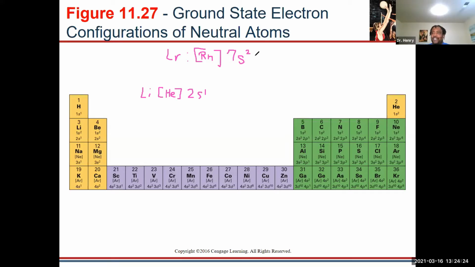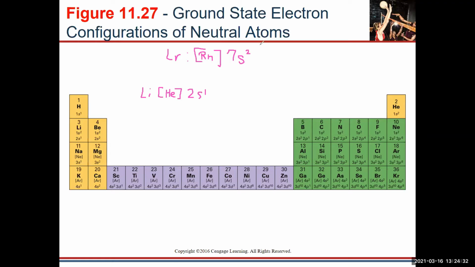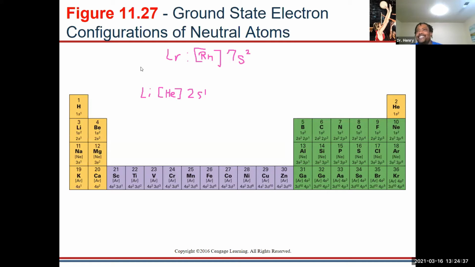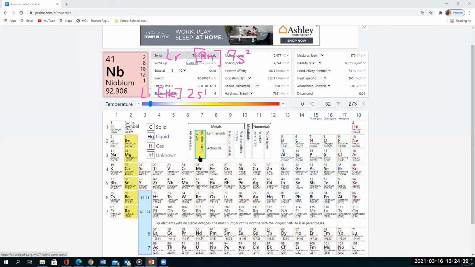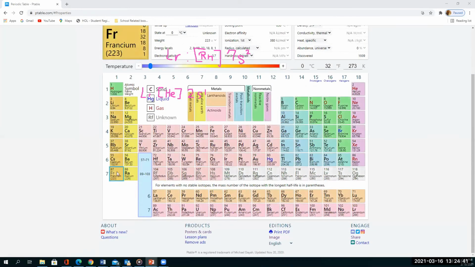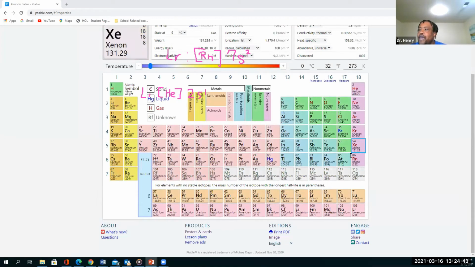Ooh, this is a good one. Okay, let's pull up the periodic table so you guys can see. I'll be honest, that's a good trick right there. It's tricky because you can get the incorrect answer. Ah, okay. So if we follow it,